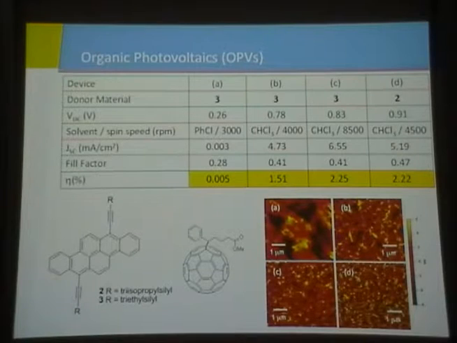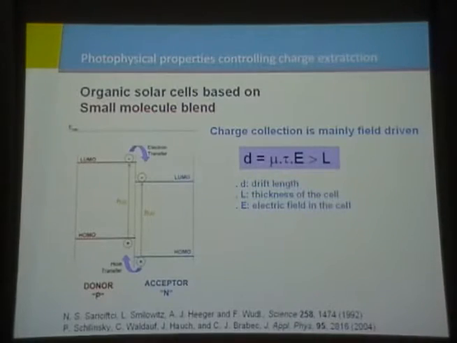So we use these well-known photo-CELIV techniques. We have heard from previous speakers, and I'm very grateful to them. And so to extract